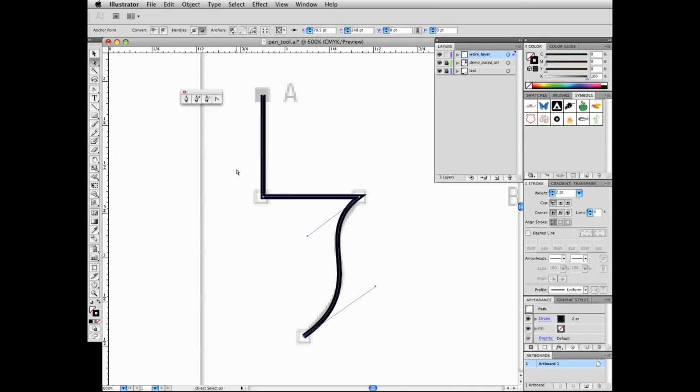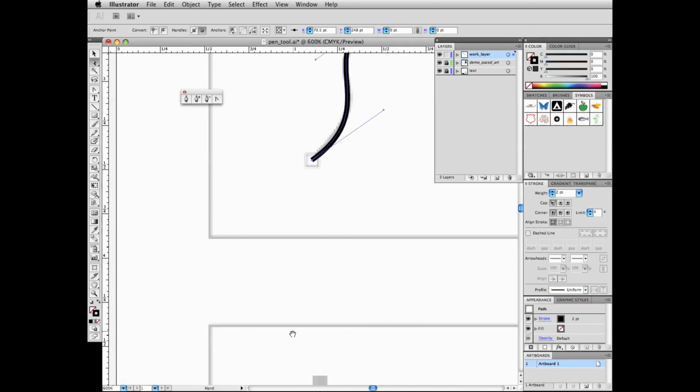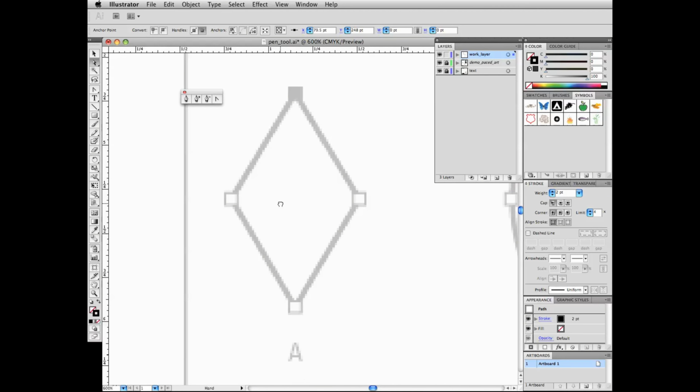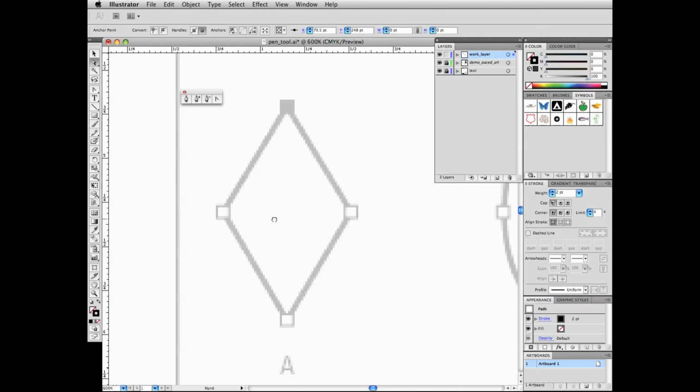All right, so previously we made an open path and then modified our points and our handles to create the shape that we desired. All right, so now what we're going to do is just go down to our next example here, and we're going to create a closed path. All right, so I'll start by getting the pen tool, and I'll go to my points, and I'm going to click and move around my object